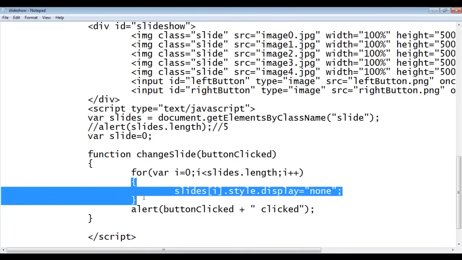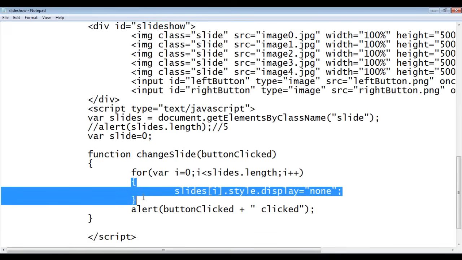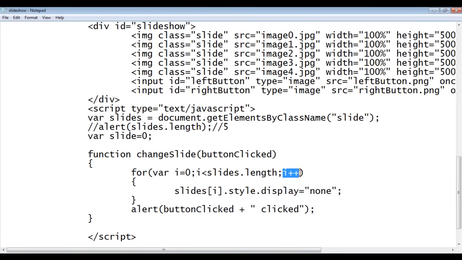After executing this block, this part of the code will be executed, i++, and then again this condition will be checked. If this condition evaluates to true, this block will be executed and then this part will be executed. Then again the condition will be checked. At any time this condition evaluates to false, the for loop will not be executed. The control moves to the next statement.